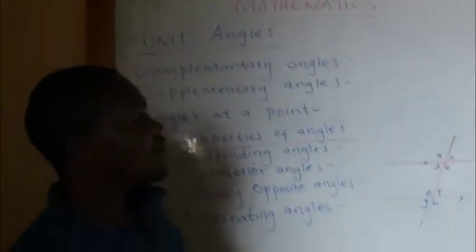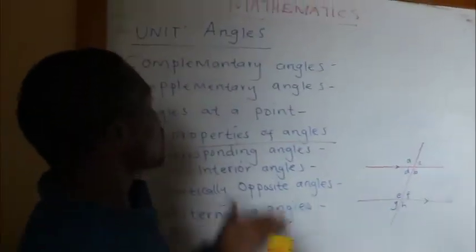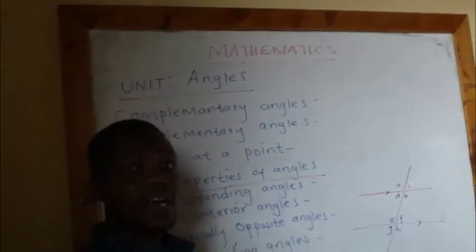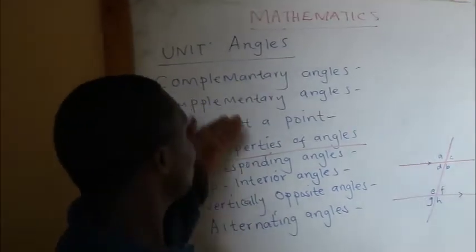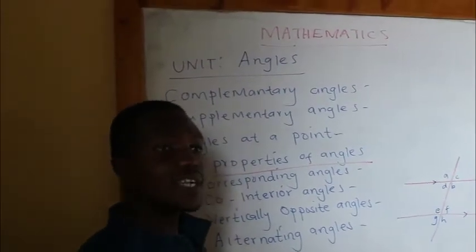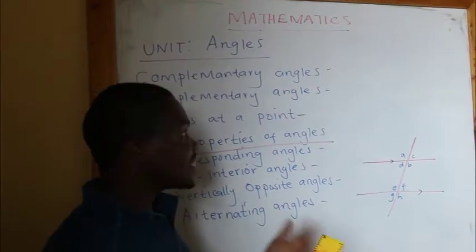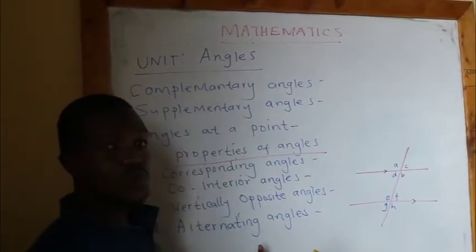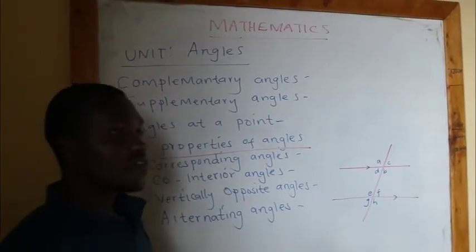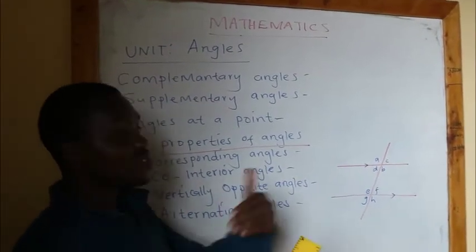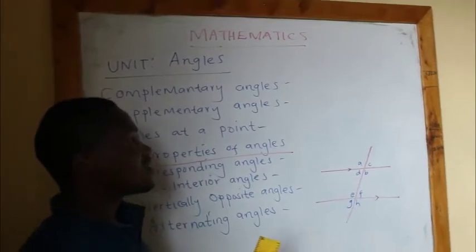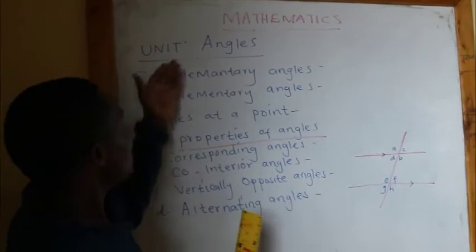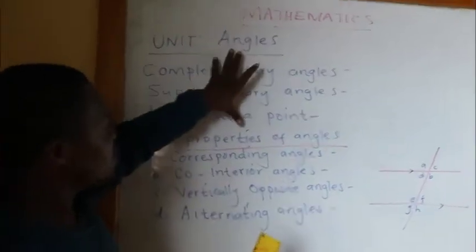So without wasting time, let me go straight away to it, because you learned in class 4 about an angle and the meaning of an angle. In class 5, you also learned about an extension related to angles. And in class 6, you also learned about some of the angles which we are going to discuss here. Therefore, as we extend to 7 and 8, we will be able to calculate some of the questions which are related to angles. So, we have got types of angles here, which I have written here.